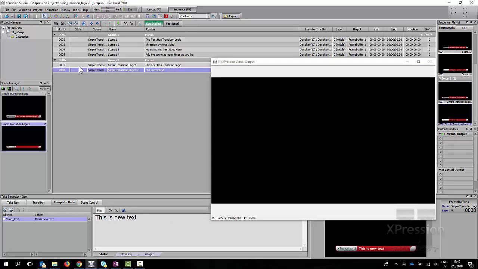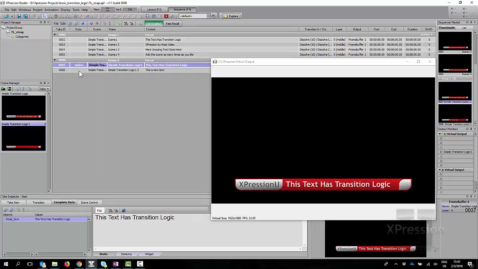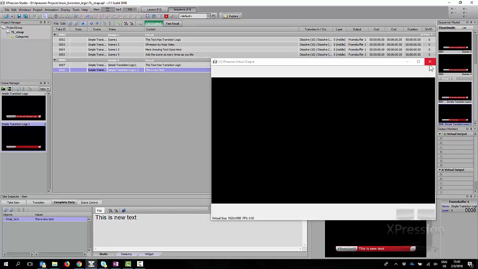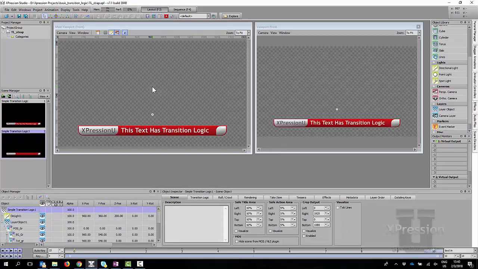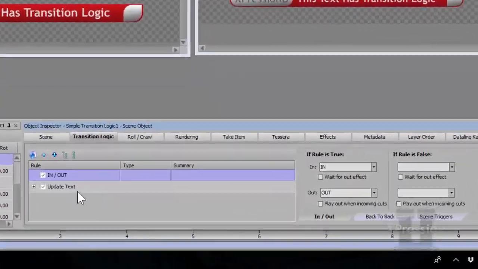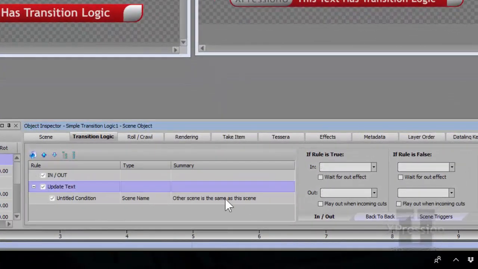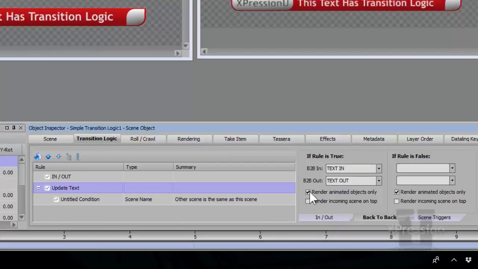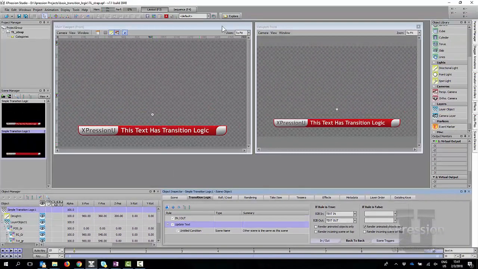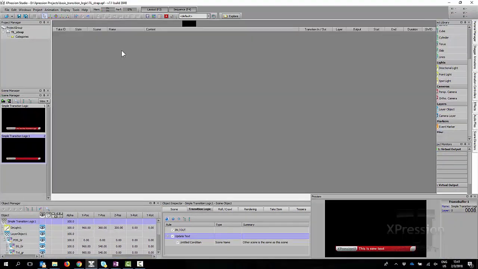Now you'll probably have spotted a slight issue there with my animation, which is it's not going behind the mask. You'll see here, if we go back to our settings, so Control E, that there is an option on the back-to-back which says render animated objects only. So what Expression does is it only re-renders things that have keyframes on. Now we could try clicking that off, and in some cases that's going to work, but we'll just have a look for ours because it's not going to be quite right.